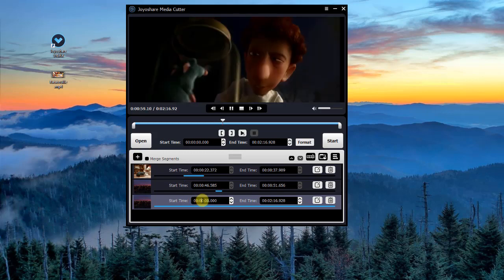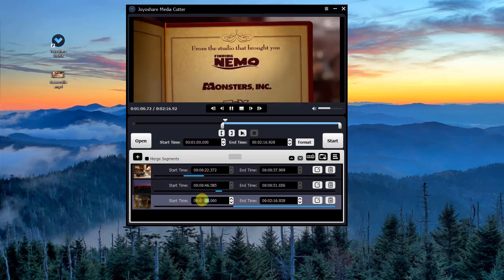Another way to select the trimming segment is to set up the start time and end time of the clip